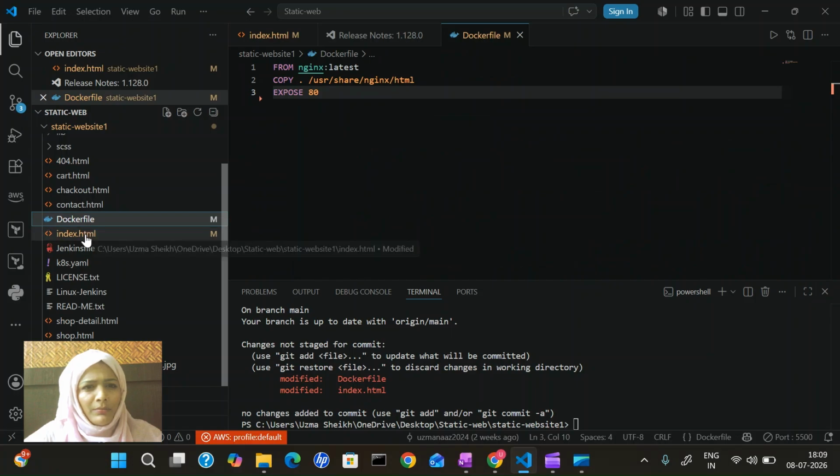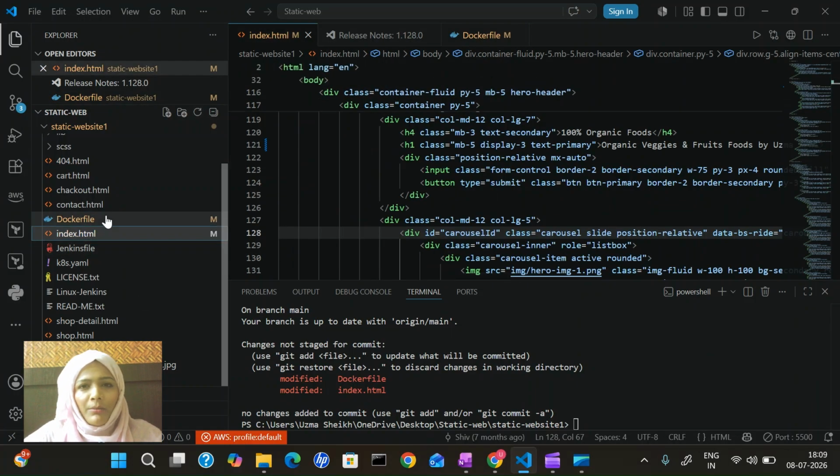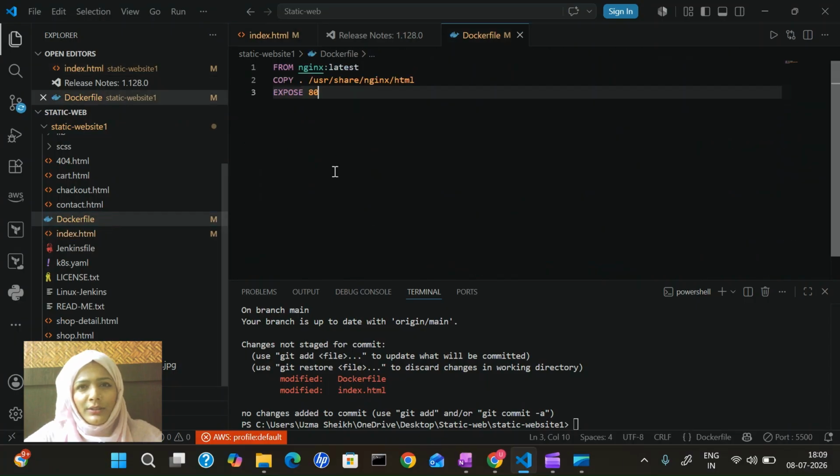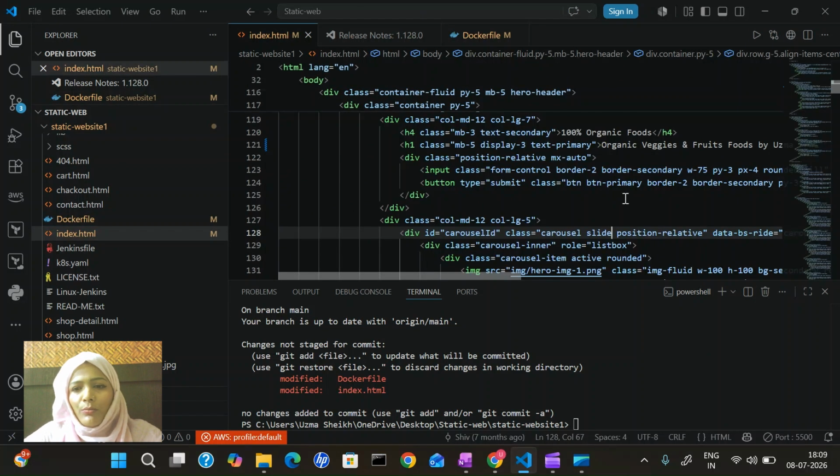No, it is the same, showing modified. Maybe I made some changes. It's the same. Okay, we have checked the status. It is showing two files have been modified.